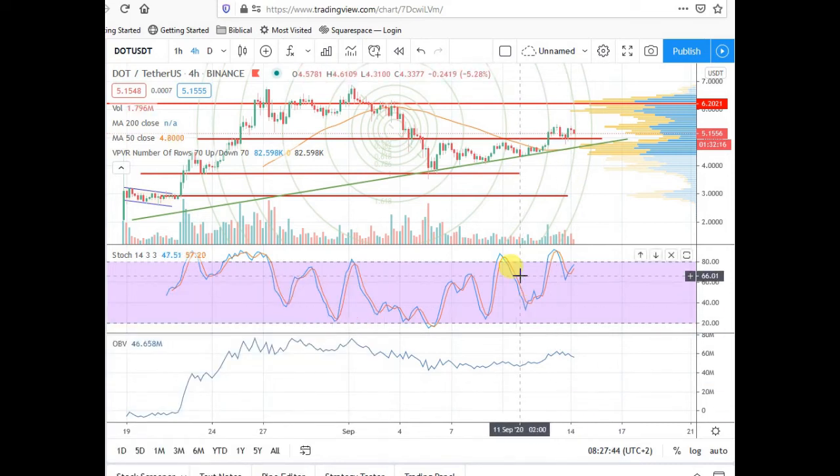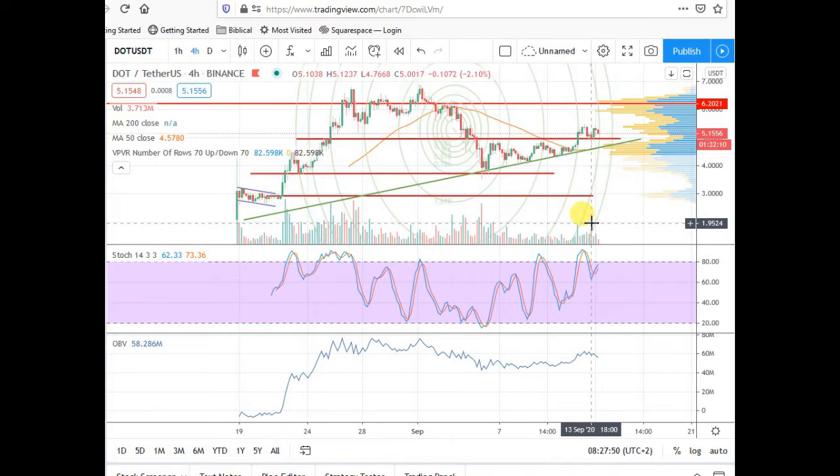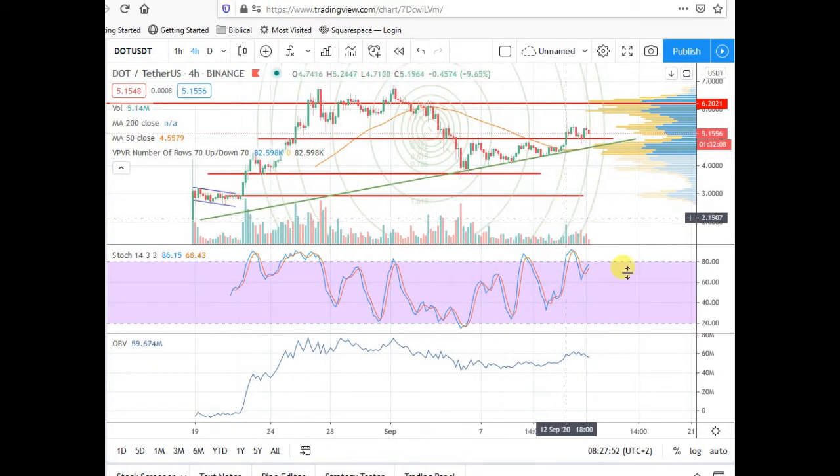We're on the 4-hour chart. So I picked up on something that I did not see before, and I was previously waiting for this price to come down. Let's draw on this screen and talk about it just a little bit. When we dipped down to the $4 range this last time, I added to my bag right here. Okay, so as we ramped back up again in this area, we came back down and I added a little